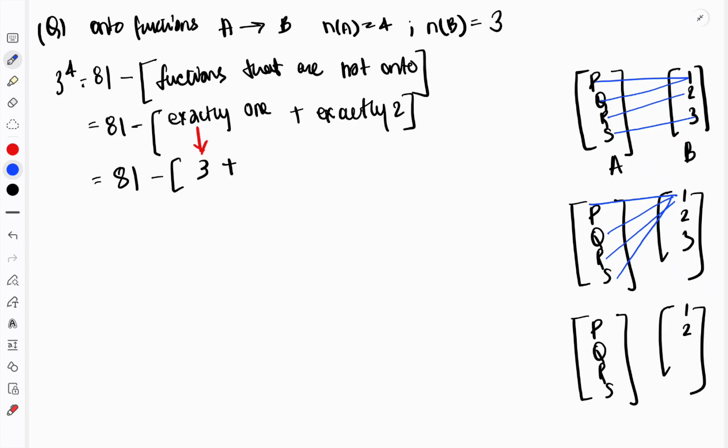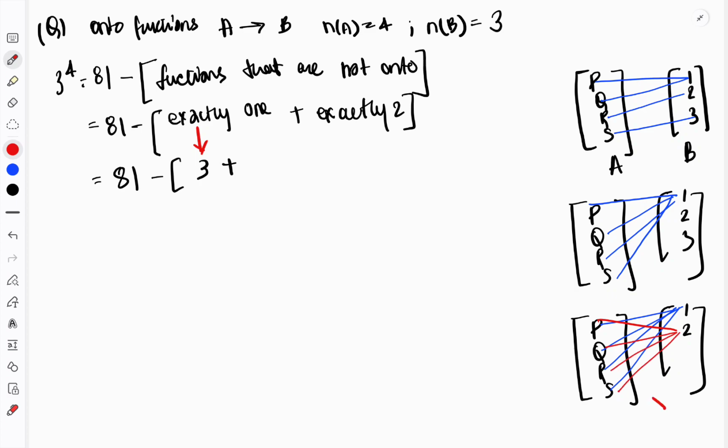And if we had to find exactly 2, what would that be? Right? So that would be the total number of possible functions minus all the functions that are either exactly 1, or exactly